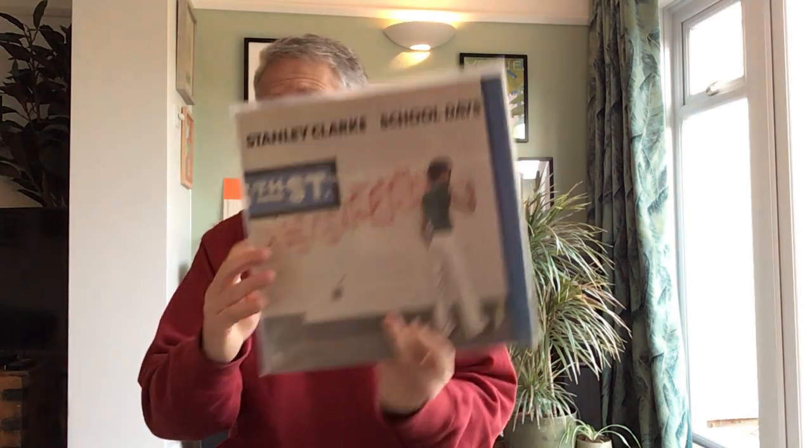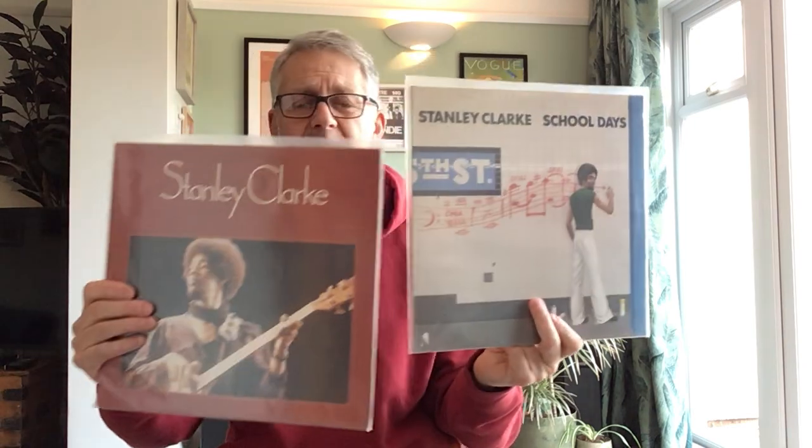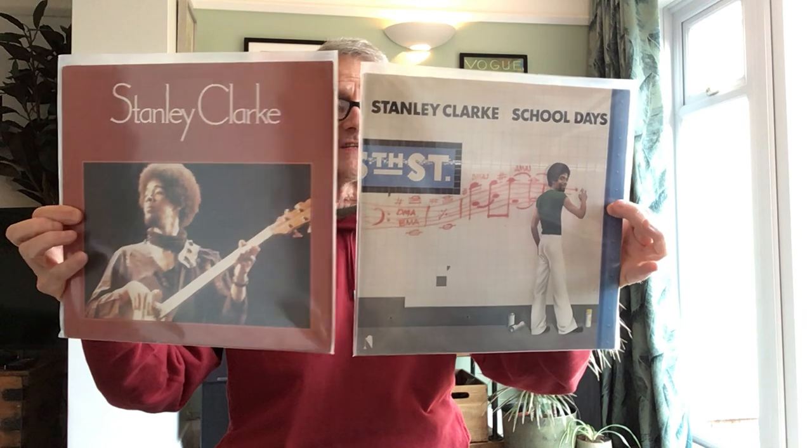So also part of Return to Forever was Stanley Clarke. I think this is his first album rather than that one. I'm not sure which way around it is. They're both seen as classic albums. The issue I have with stuff by Stanley Clarke is he's a bassist, and bass to me is something that is in the background that drives the song, that gives it the bottom end. It's not something that should be a solo instrument, and bassists will probably be shouting at the screen at this moment, but I don't want to listen to a bass solo, so these are good, and these have got